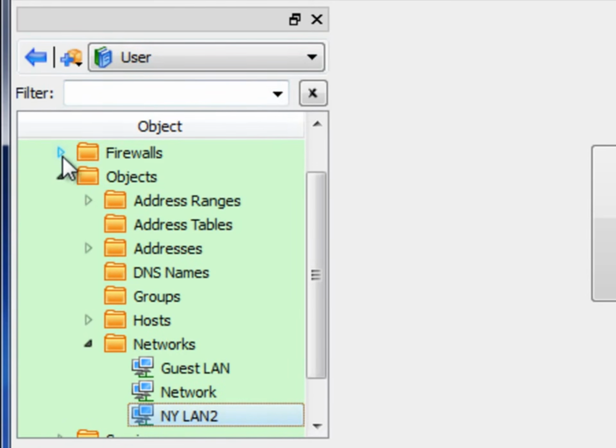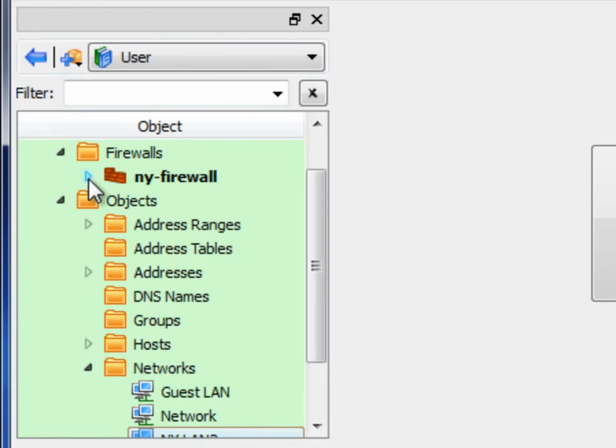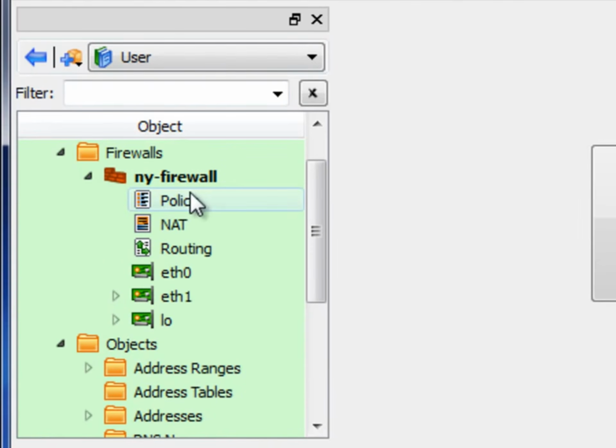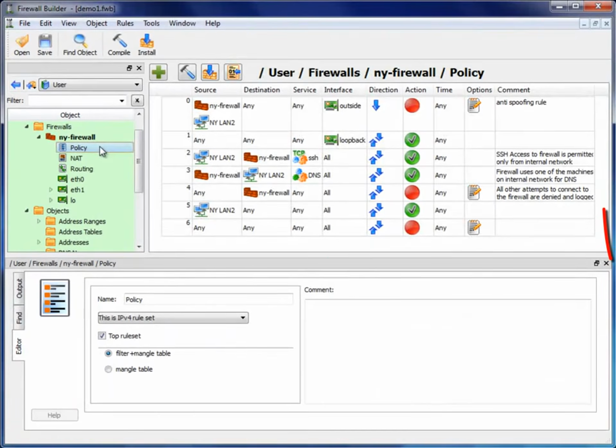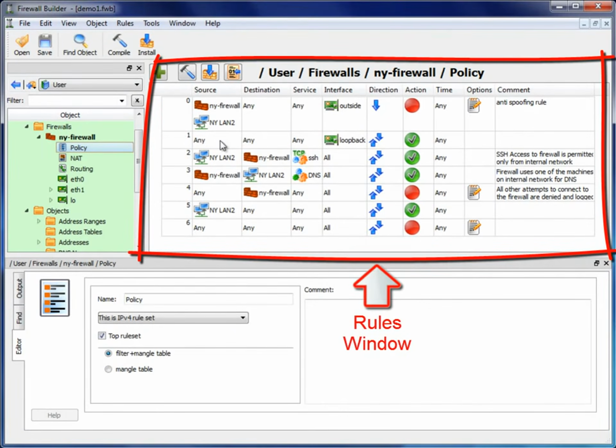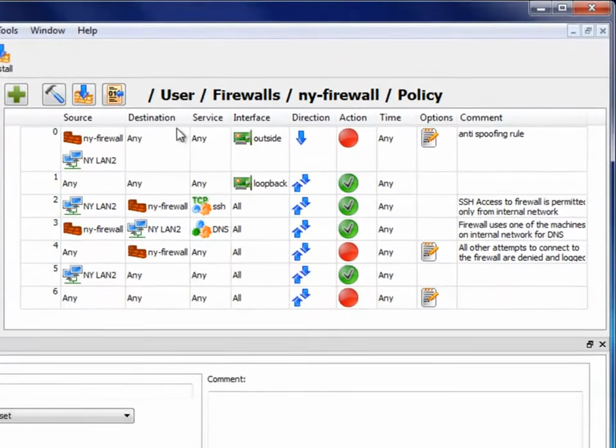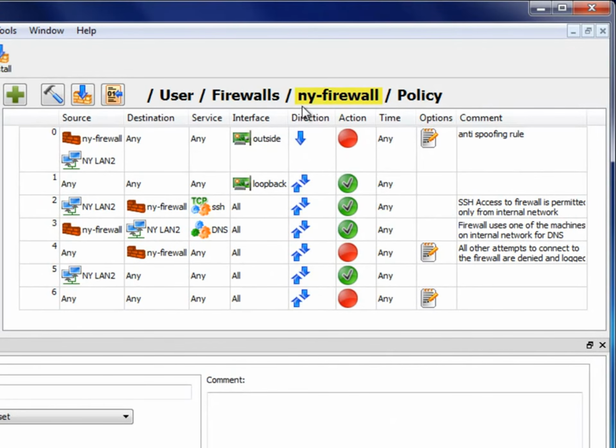This library includes a firewall object called NY-Firewall. The firewall includes several network interfaces and three objects called policy, NAT, and routing. Double-clicking on the policy object opens it in the rules window. The path of the policy object being edited, including the firewall name, is displayed at the top of the rules window. In Firewall Builder, each rule includes standard elements such as source, destination, and service that users can drag and